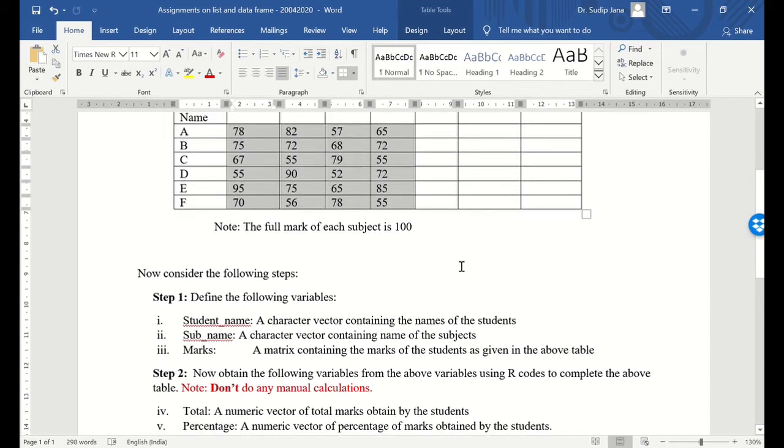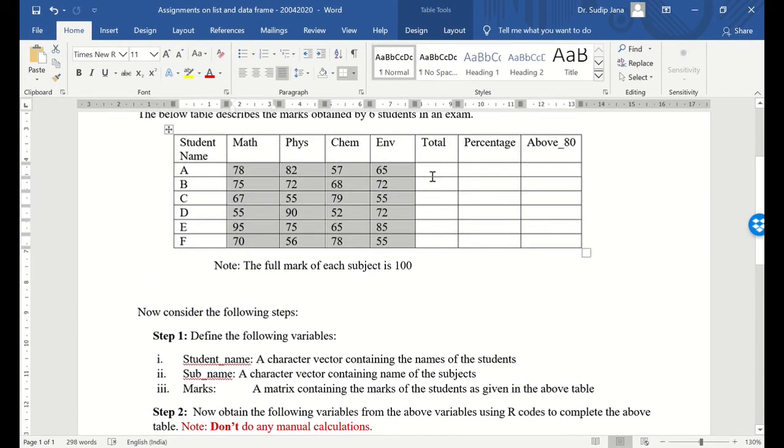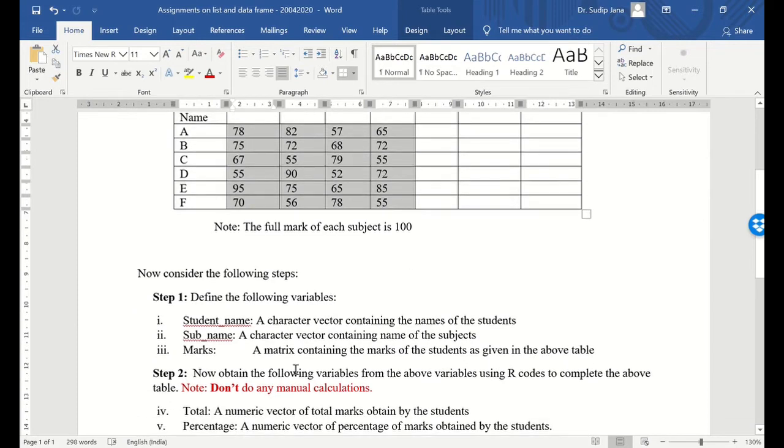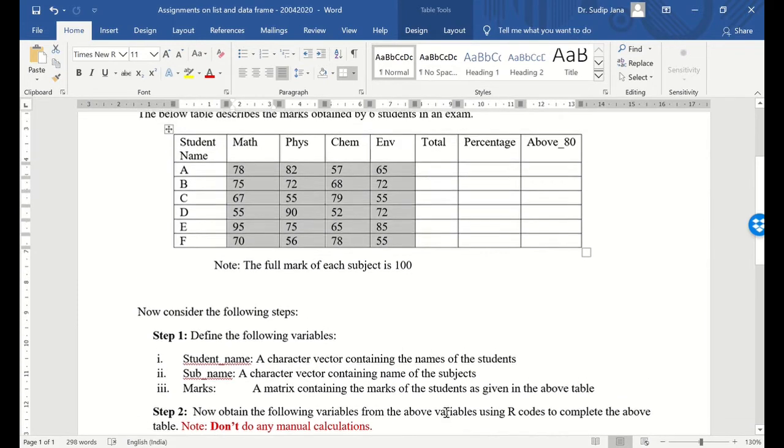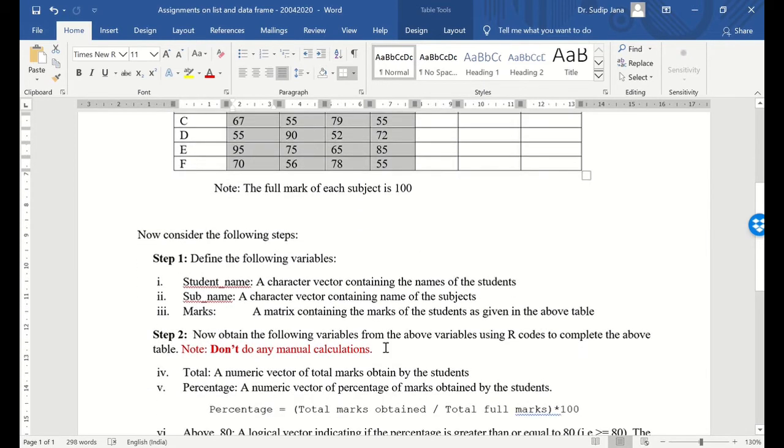Then how to do that? For that, you have to define some new variables, that is the total. Total is a numeric vector of total marks obtained by the students. Okay, then another variable, that is percentage, a numeric vector of percentage of marks obtained by the students. Okay, so percentage equals total marks obtained divided by total full marks into 100. Okay,